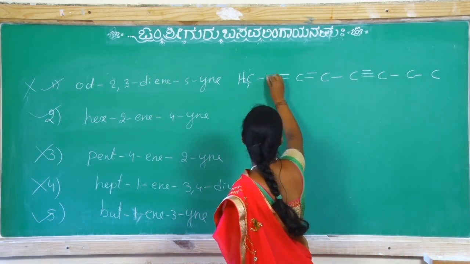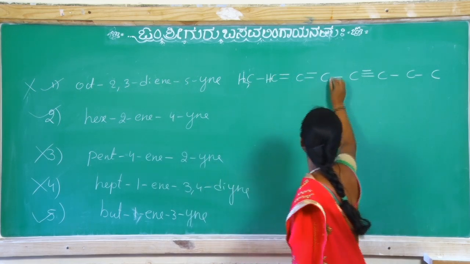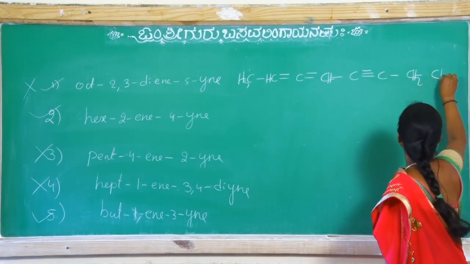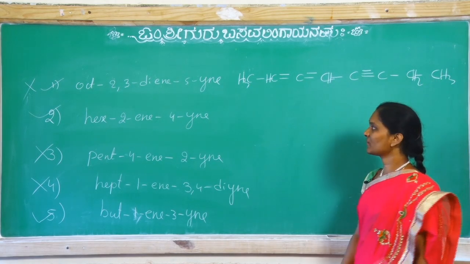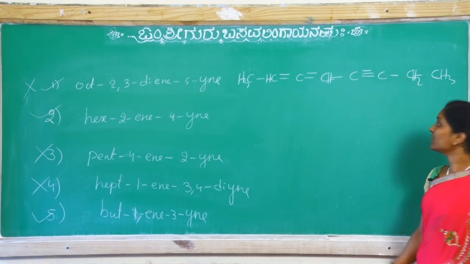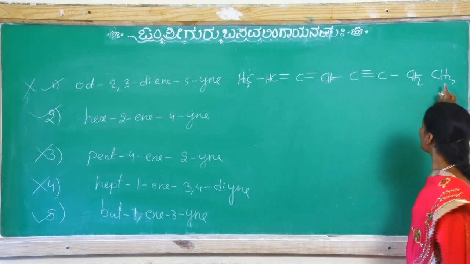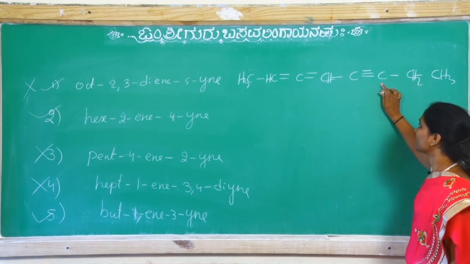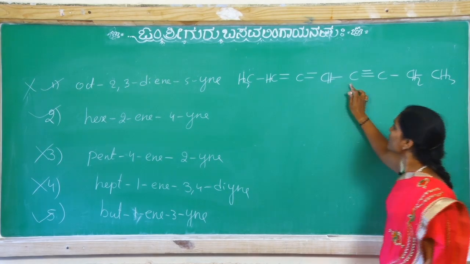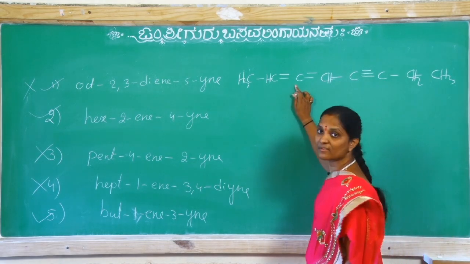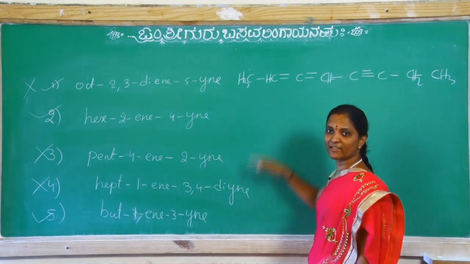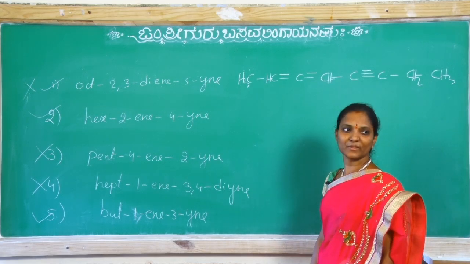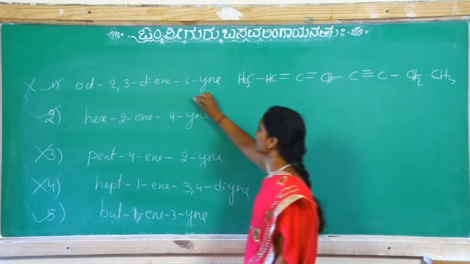CH3, H, 4 bonds, H, 4 bonds, 4 bonds, H2, H3. I gave the name like this. If this is a wrong name, then from this side we should start. Okay, 1, 2, 3, 3-yne, 4, 5, 5, 6. Least sum. This side or this side? This side only is least sum. So what I gave is the correct name. Okay, this is only correct.